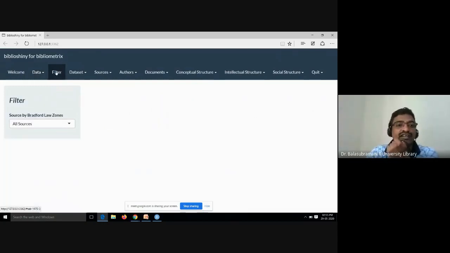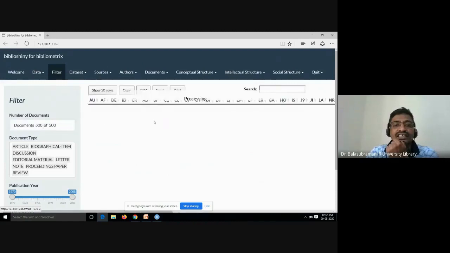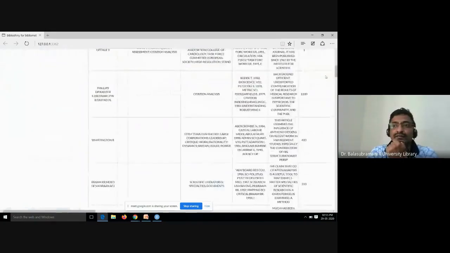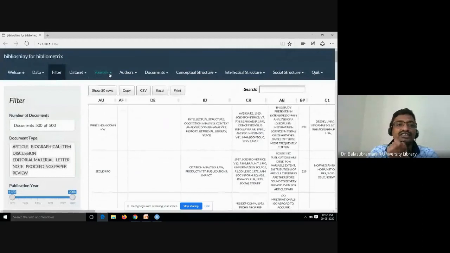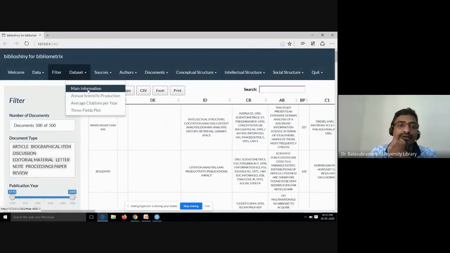Now we are going to the filter. You can see the result actually. Article, discussion, review, everything will be coming here. Okay, now we are going to check the source data. For the dataset, you have to click Main Information.